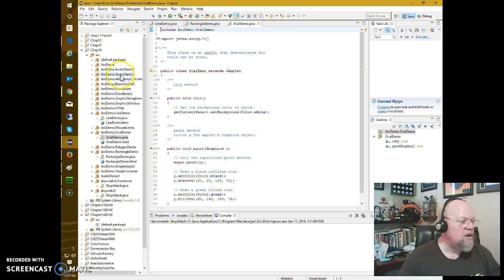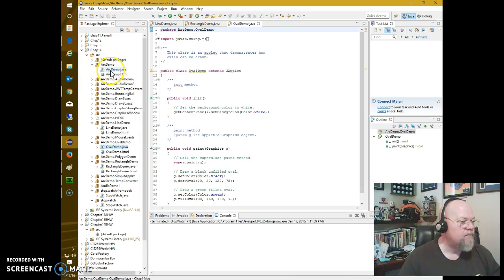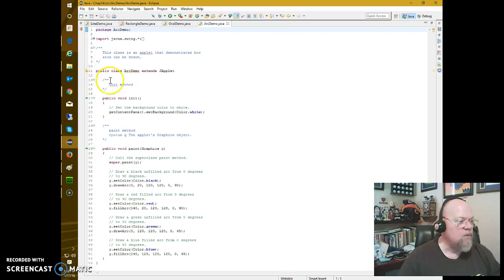and we go to the arc demo, and again we've got our init. We basically tell it to make the content pane background white. Here I have my paint. I bring in a graphic class, and then I set the graphic color to black. I want to draw an arc starting at column 0, row 20, and I want it to have a height and width of 120, 120. Start at 0, go 90 degrees, and then do red, do a fill arc,